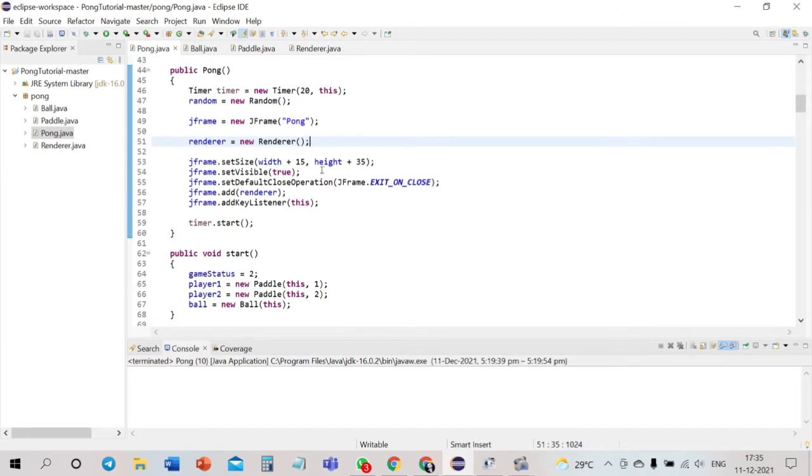So we just create a method called new ball. So whenever we call this method, it will create a new ball on the screen, and also we will create new paddles, so public void new paddles.